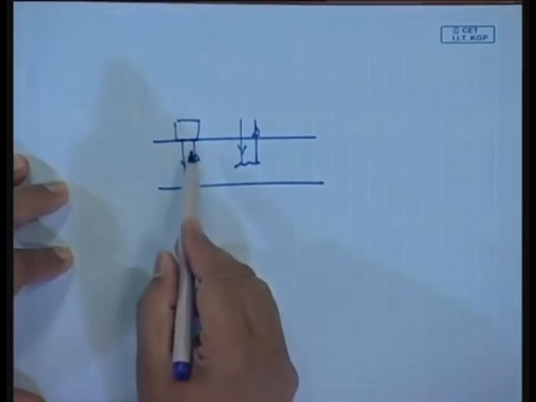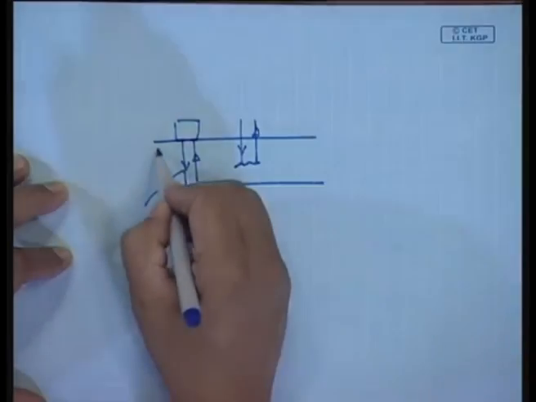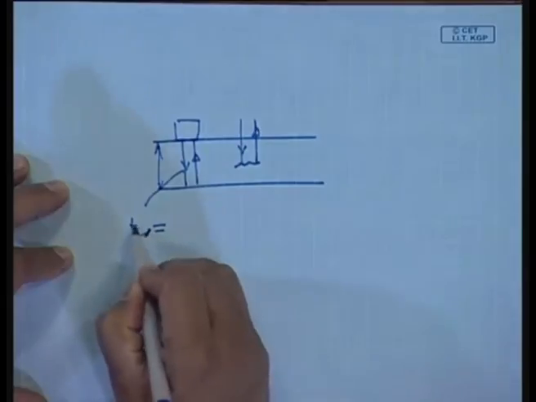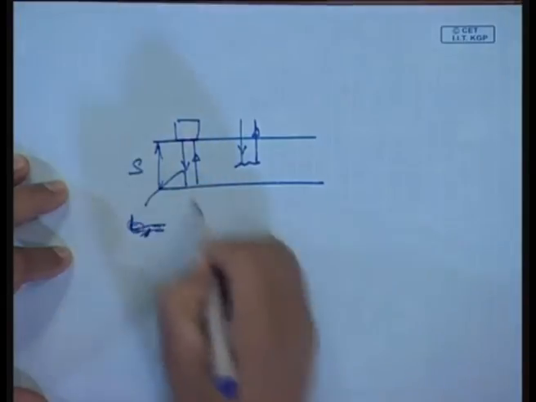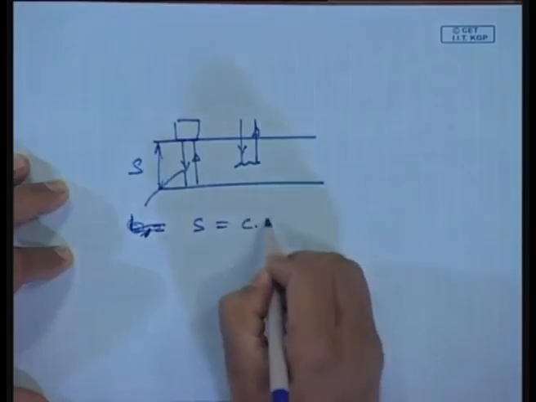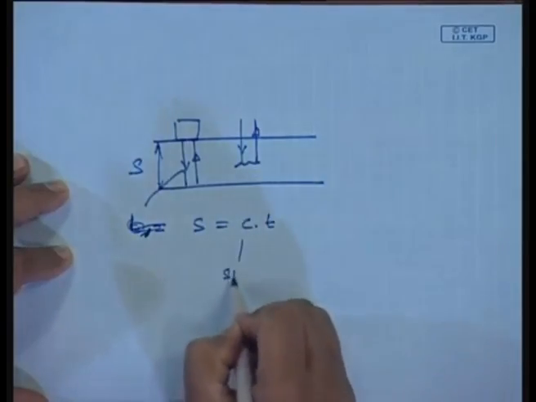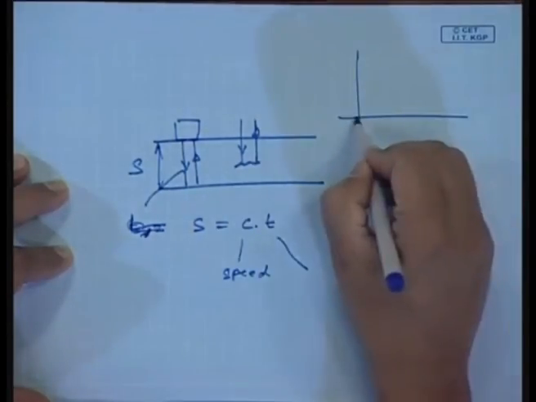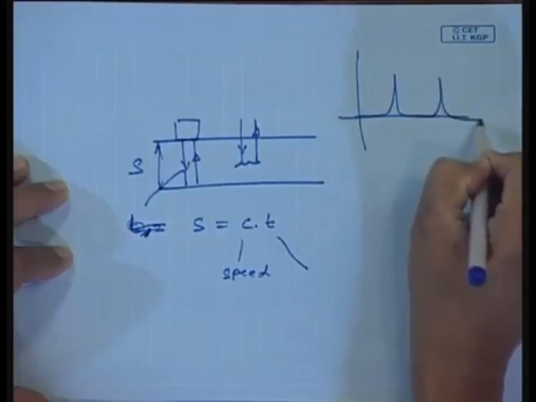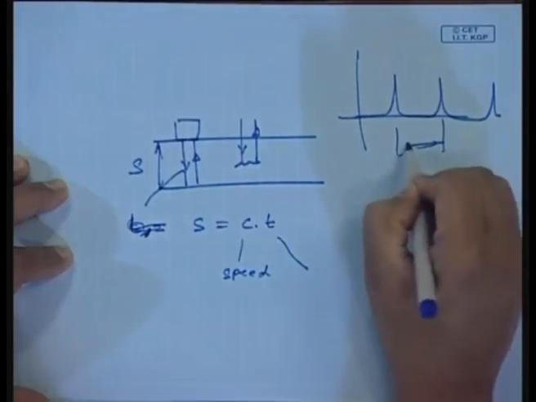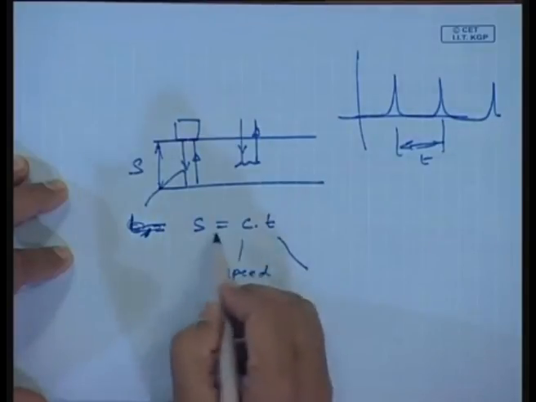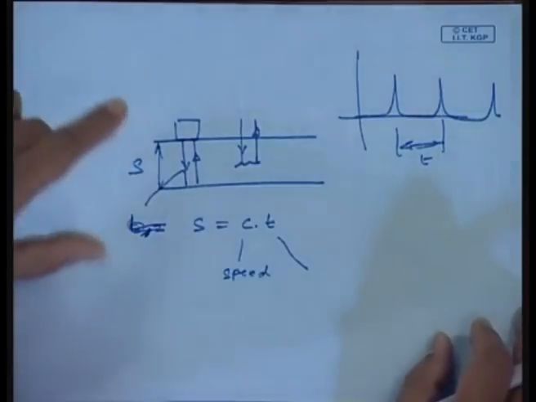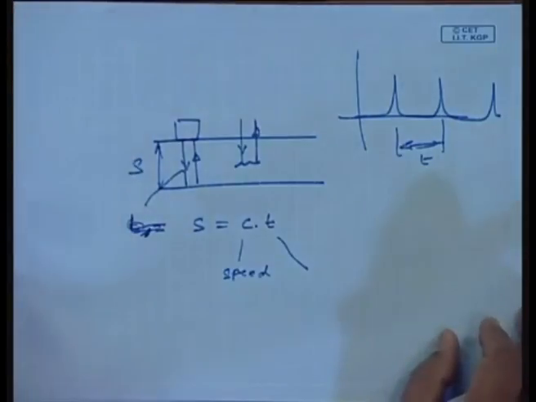So, in the ultrasonic thickness gauge I need to measure this distance s. This distance s is nothing but c times t, where c is the speed in this material and t is the time taken. In this probe there will be a constant time offset. By knowing t, and c is set by you, you can know what s is. So, this is the principle behind the ultrasonic thickness gauge, and being high frequency waves, they are always very directional.